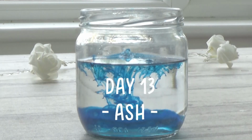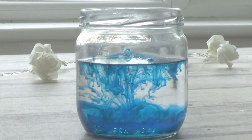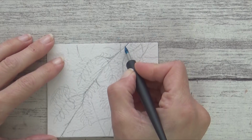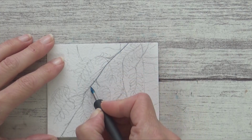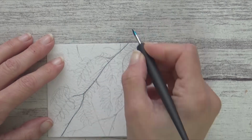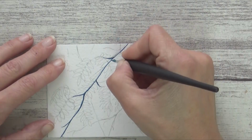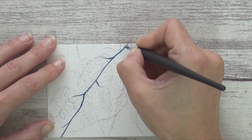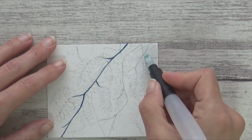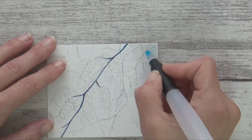For day 13, the prompt was ash, and the only thing I could think of was an ash tree. I didn't know what an ash tree looked like though, so I did a bit of googling and learnt that the leaves of an ash tree occur in opposite pairs, except for the leaf at the end, and the branches on either side of the tree are directly opposite each other rather than being staggered. I don't know that I depicted these characteristics very accurately in my painting,